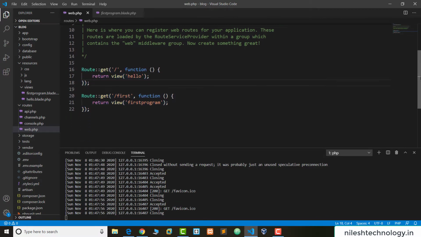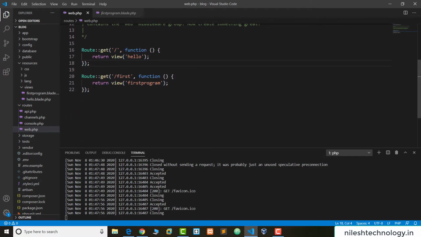There is another way to set this route. See how to define routing in another way. We pass this syntax, which is in the comment section: Route::view, and here the first parameter is the root name and the second parameter is your view name.